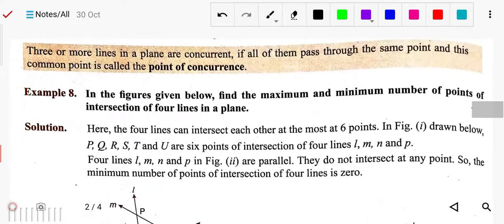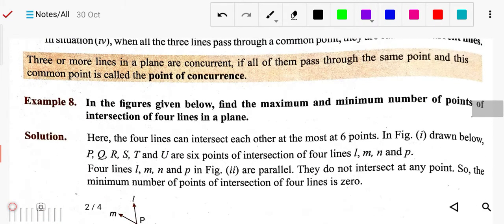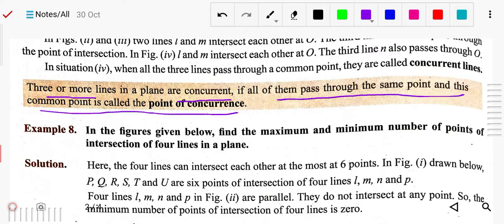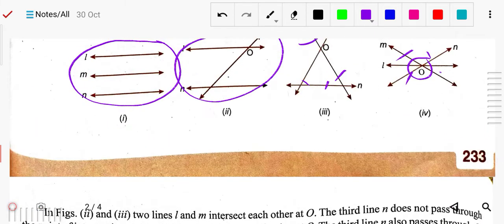You can check the definition here. Three or more lines in a plane are concurrent if all of them pass through the same point, and this common point is called the point of concurrence. You can see here three lines pass through this common point, so this point is called the point of concurrence. Got it? Three or more lines in a plane are concurrent if all of them pass through the same point. Okay, now